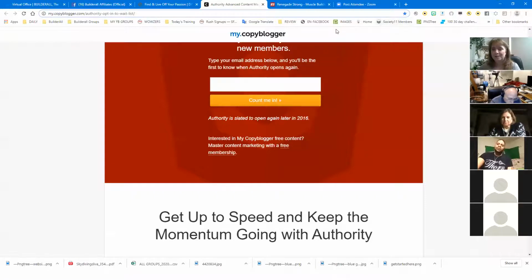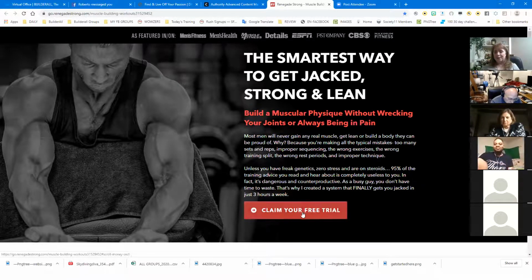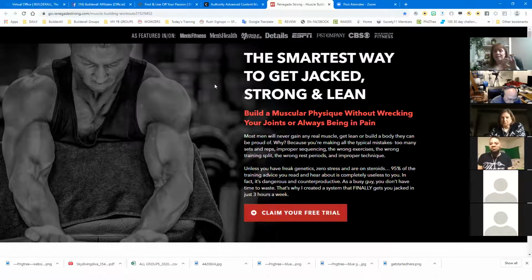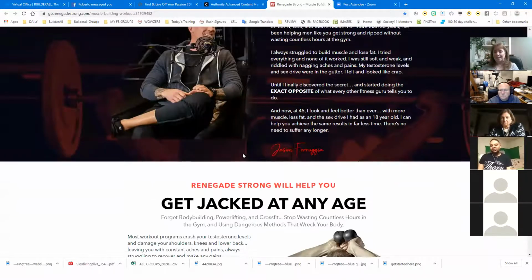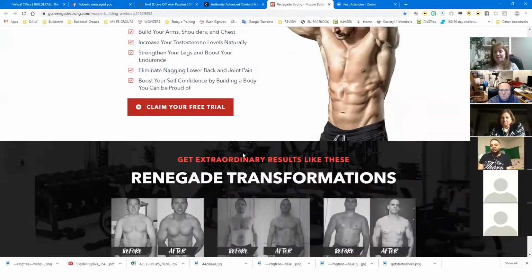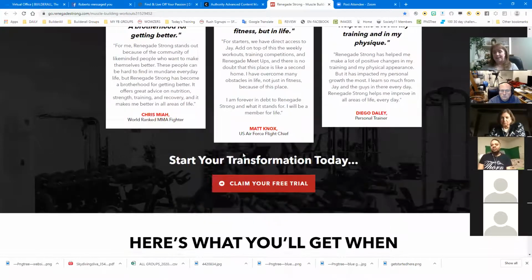So let me flip the screen over. There we go. And this is actually great. And I think Skrill might have been the one that jumped in and said maybe a button that's a little bouncy. There's a button that's a little bouncy. So you hover over it and it bounces for you. There's a couple of things that I really love about the site. So first of all, the images are actually really good. So it's broken up all throughout the website with images to reinforce that this is a muscle building type of